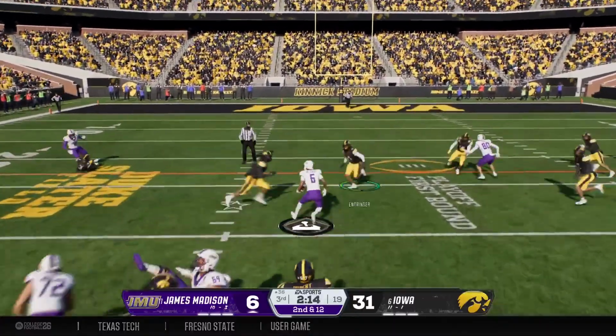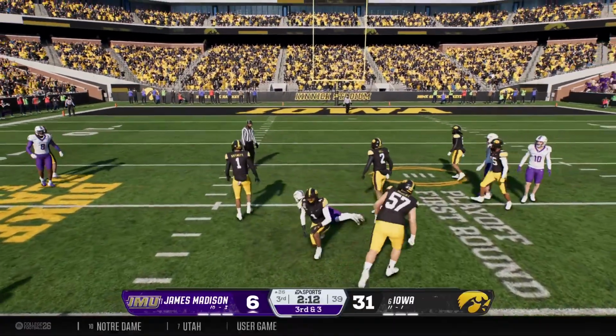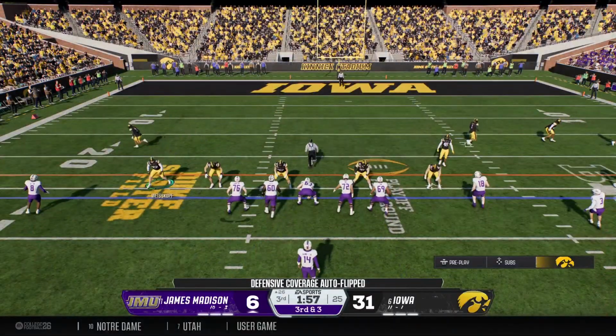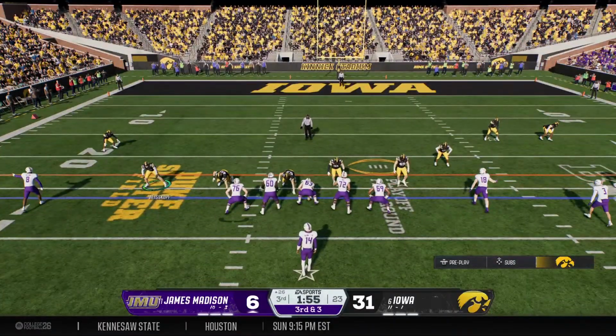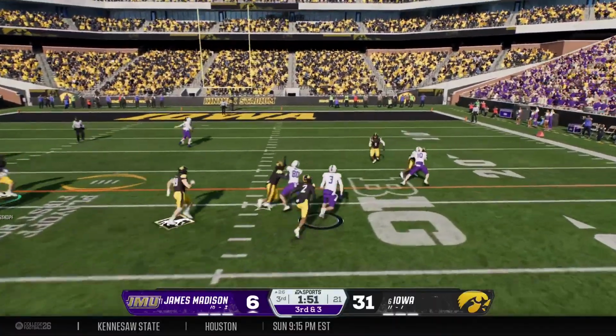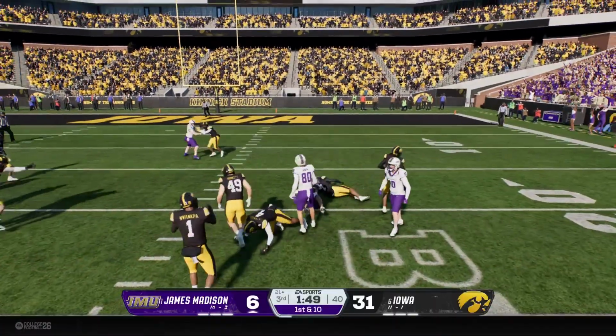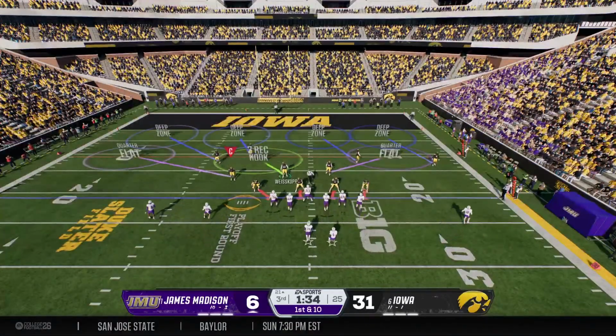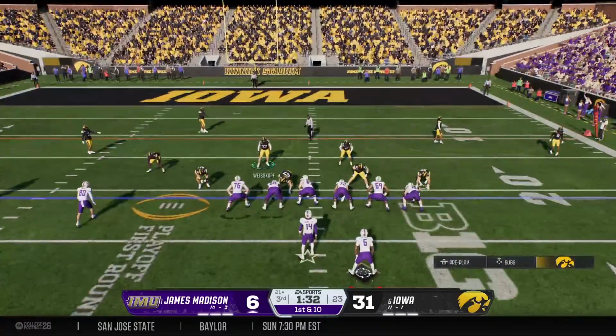He keeps it. QB draw. And he's able to find some room before they finally bring him down. What a great job to be able to establish some rhythm to an offense. When you can run the football like this, it just opens up the playbook. You can continue to run. You can go to play action. You really keep the defense on their heels when you can run the ball like this. Nice play. And the Dukes have first and 10 here.